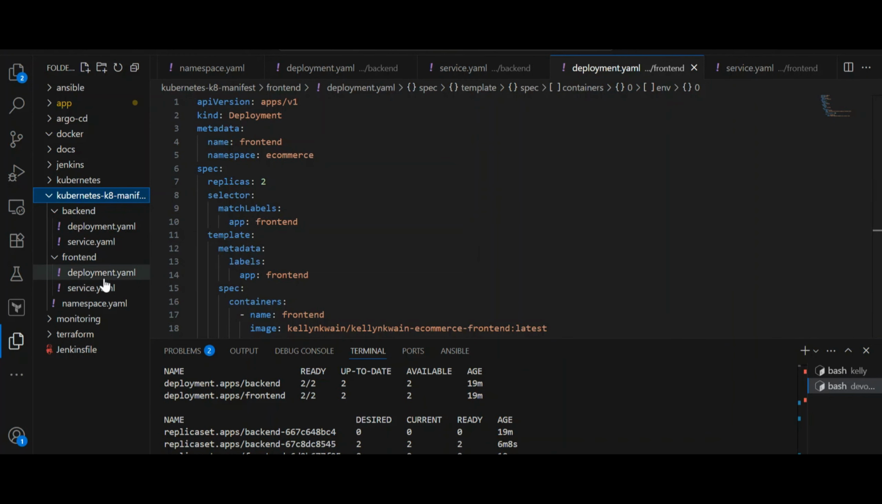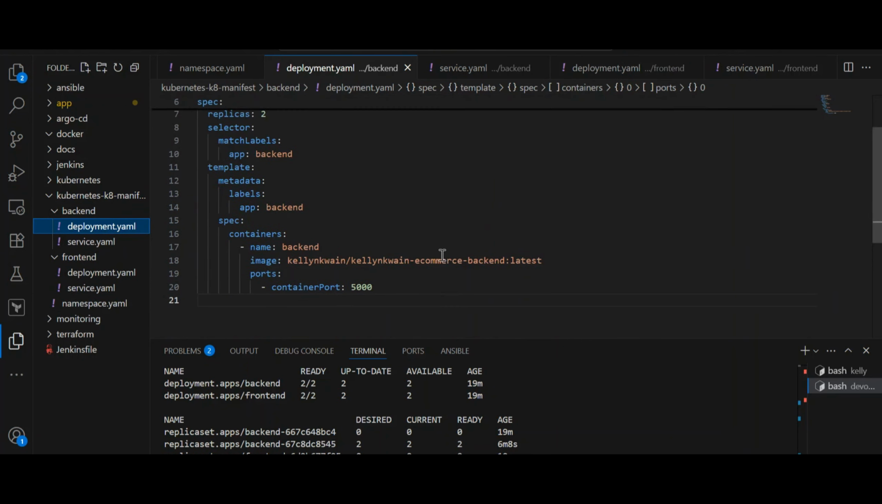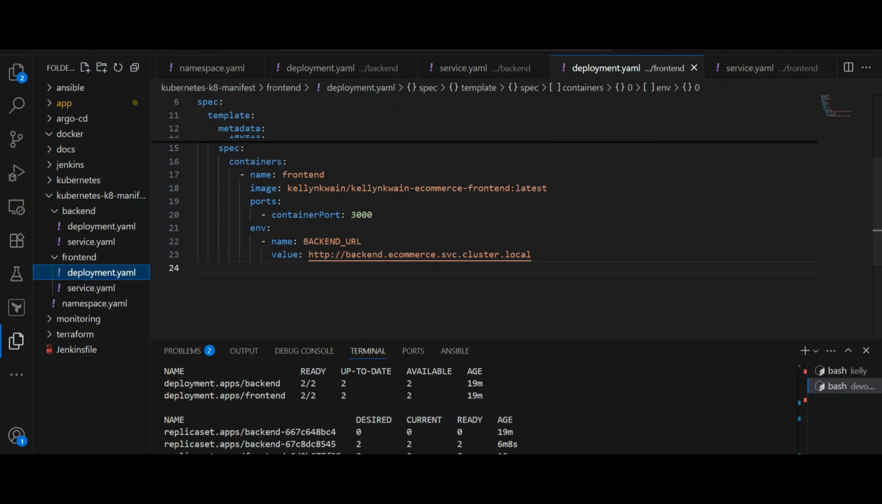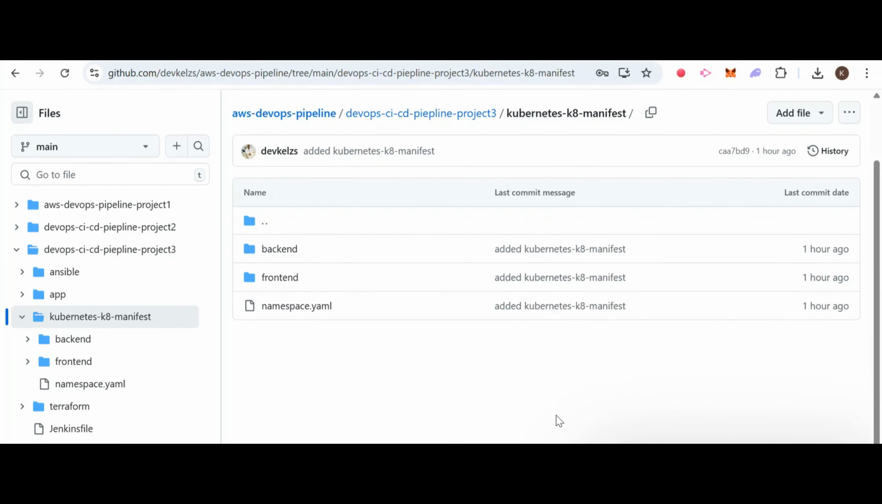The deployment YAML and service YAML, same as the frontend, deployment YAML and service YAML. In the deployment YAML, you have to replace under containers your image with the image name that you have on Docker Hub. Same with the frontend, you replace the image with the image name you have on Docker Hub. So after creating your Kubernetes manifest folder with the files for backend and frontend and the namespace.yaml,